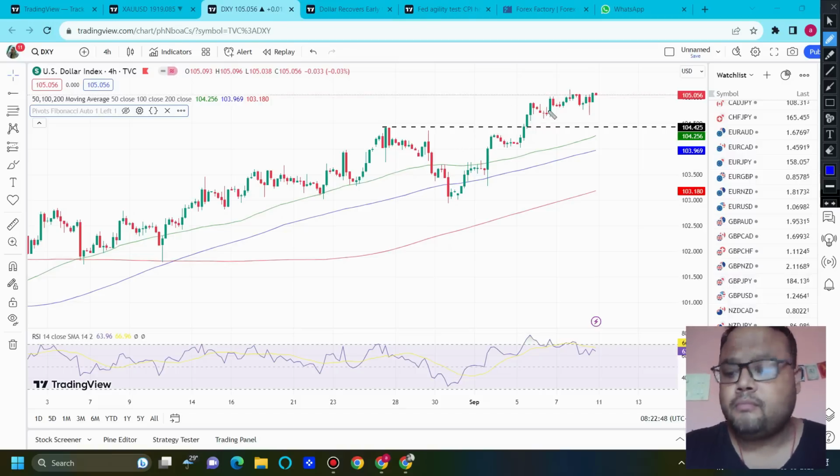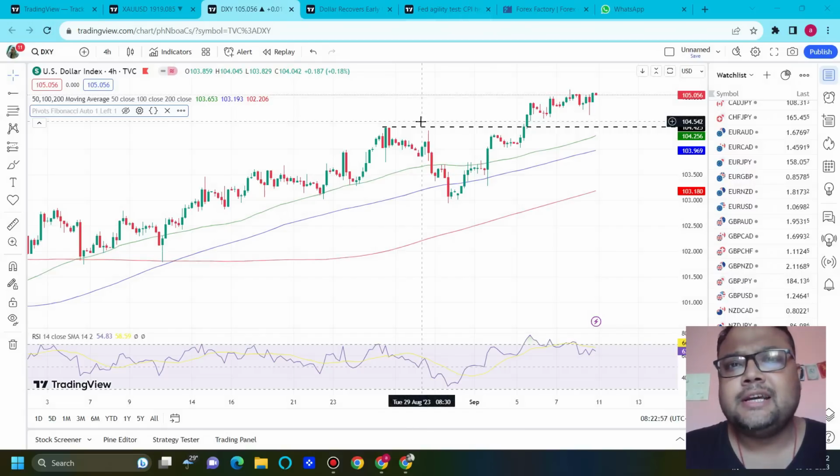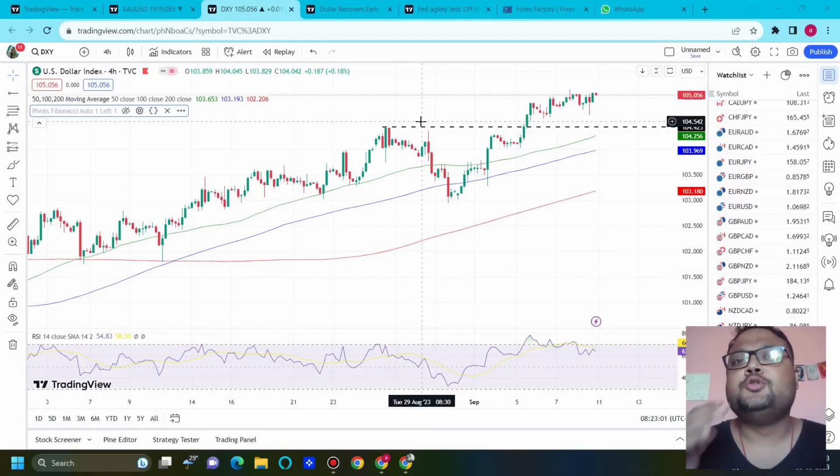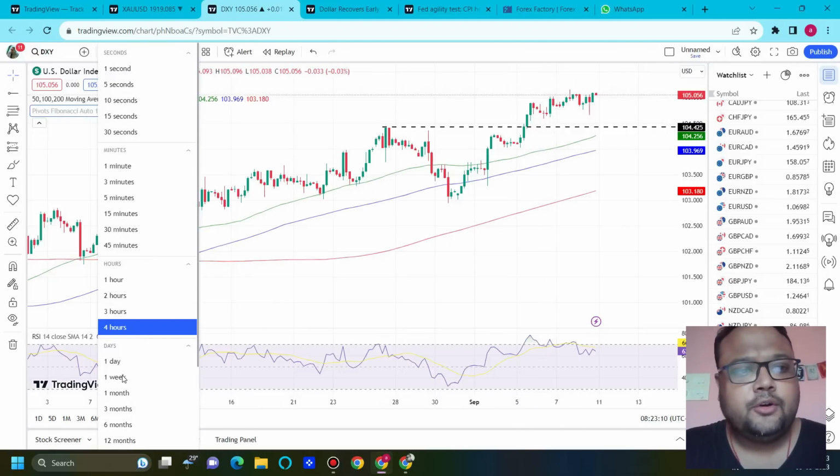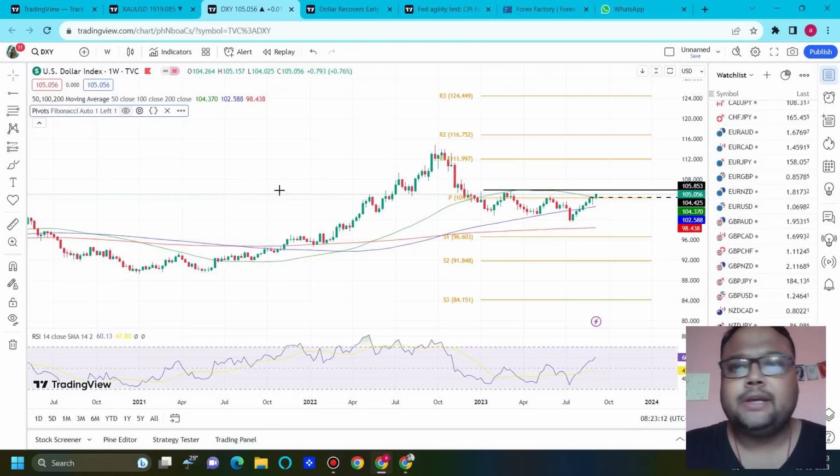105.05. Dollar is the most traded and most popular currency in the world. So as a forex trader, it is very important for you to know the important levels and the movements of DXY. DXY closed at 105.05, and if we go to the weekly chart of DXY, you can see